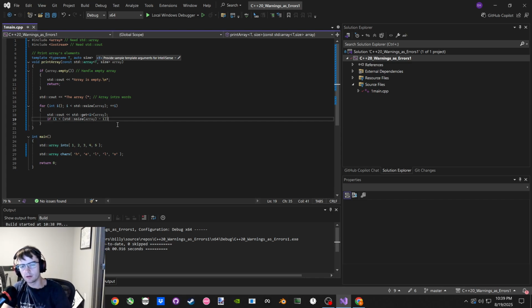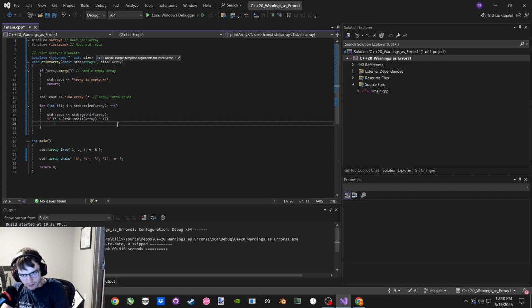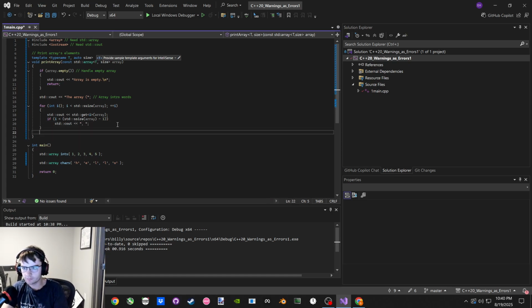I don't want that. But I'm not sure if -1 is false or true. I think it's true because non-zero, right? Only if it is not the last one, then we add the comma space, and then